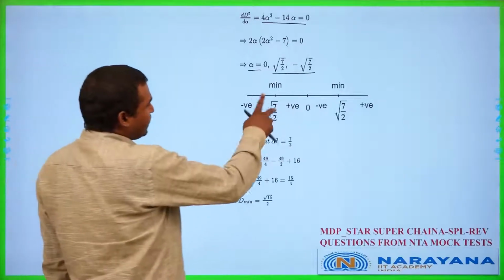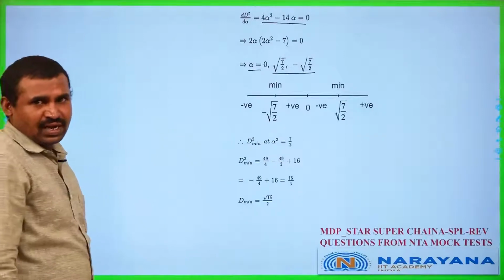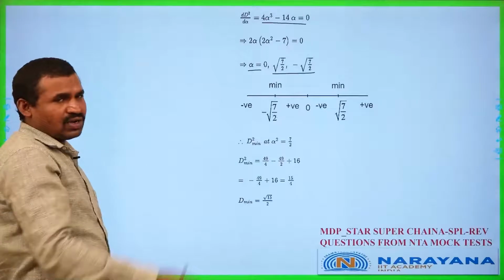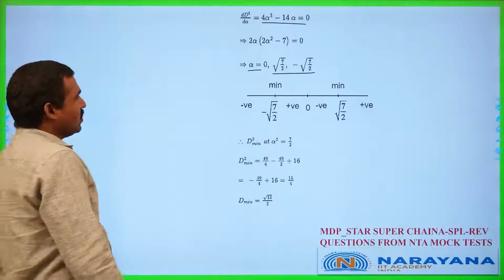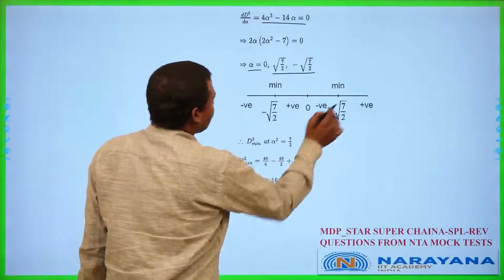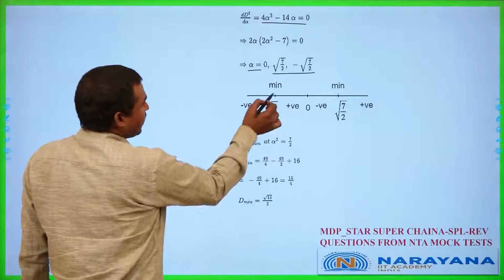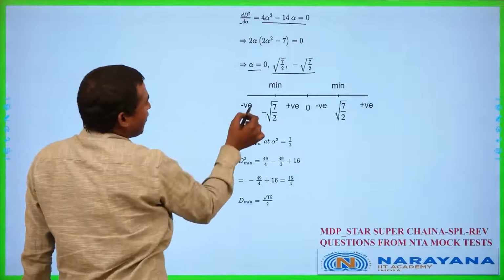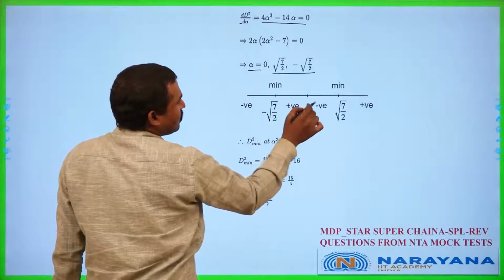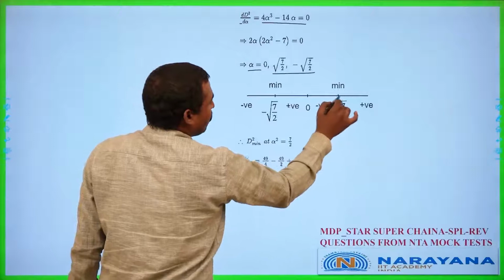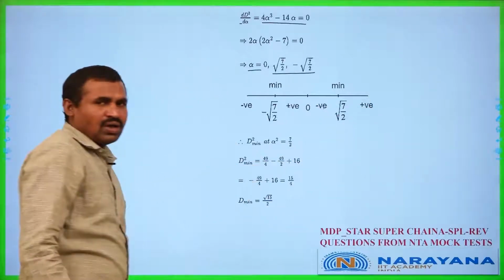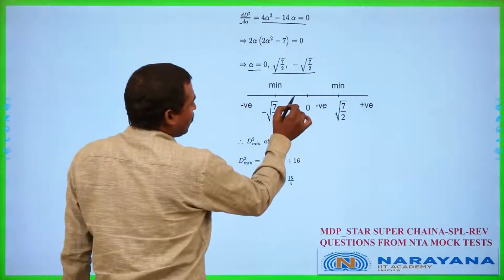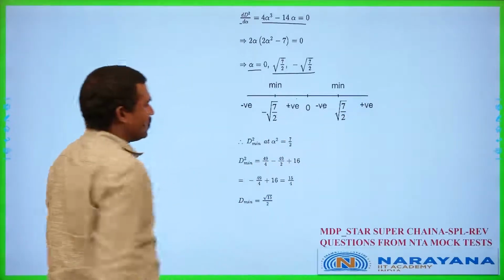And we know that if the sign changes from negative to positive, then that is a point of minimum, and if it changes from positive to negative, it is a point of maximum. So, minus root 17 by 2, 0 and root 17 by 2. So, here d square is negative, then in this interval positive, 0 to root 17 by 2 negative and root 17 by 2 onwards positive. So, here the sign changes from negative to positive, here positive to negative and again negative to positive.